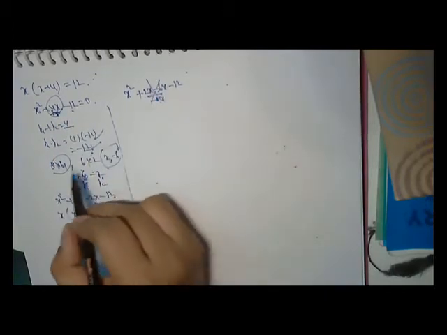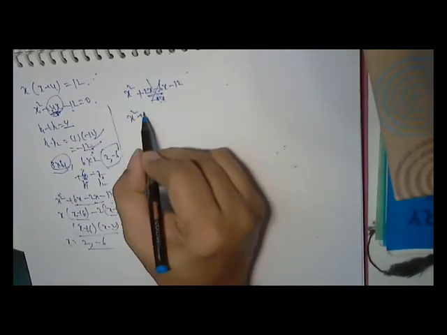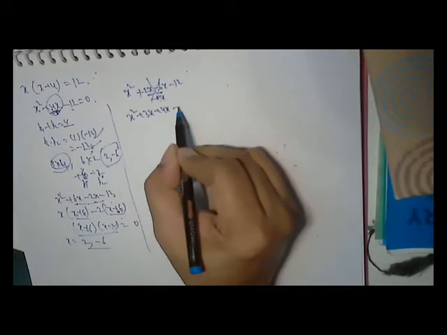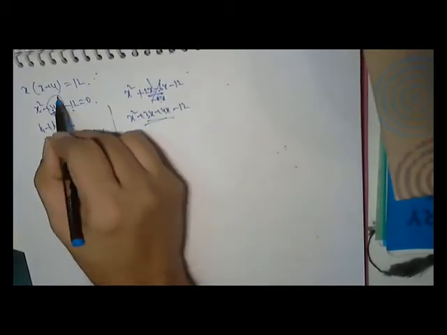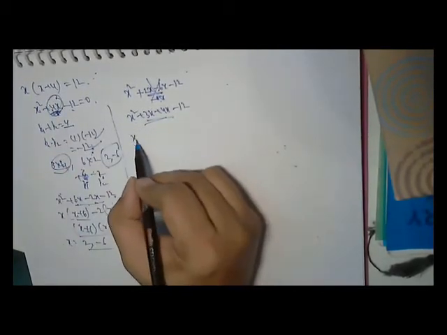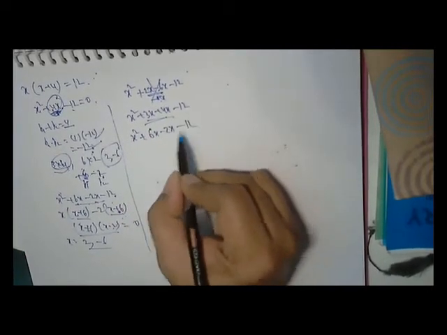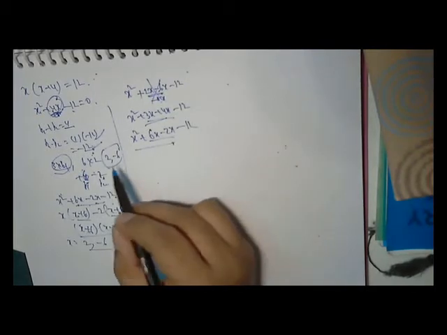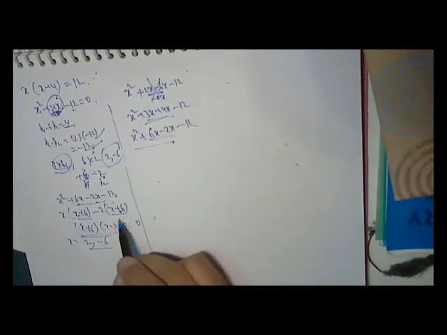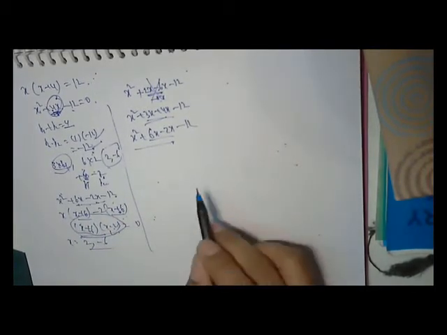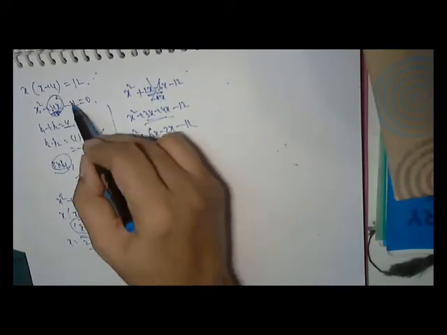So this is wrong. If I use 3, 4, x square plus 3x plus 4x minus 12, this is 7x, not 4x. So the only thing is x square plus 6x minus 2x minus 12. This is only so that I get it in this form. The purpose is I should get it in this form, and the equation should not change. Okay, we'll see another problem.